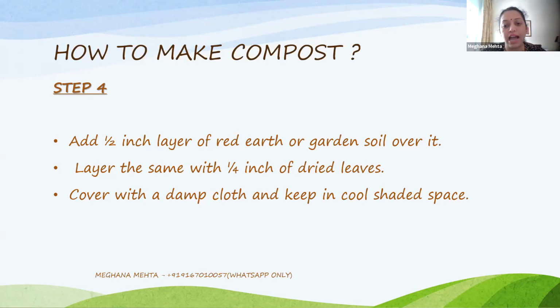After layering it, we'll have to cover it with a damp cloth and keep it in a cool shaded place. Now, sunlight is the enemy of microbes. Microscopic animals do not like sunlight. They get killed by it. They cannot survive in sunlight. So at no point of time are we exposing our compost to sunlight. It has to be always in a cool shaded place. But when we are making it in a bin, in a bucket, in a basket, or in, say, a carton box or anything, it's always covered from all sides, so no amount of sunlight goes in it.